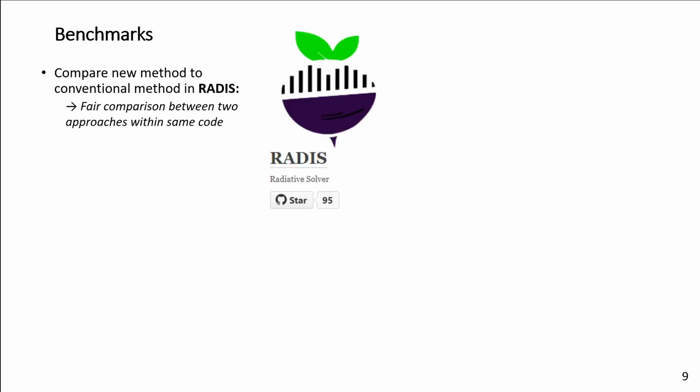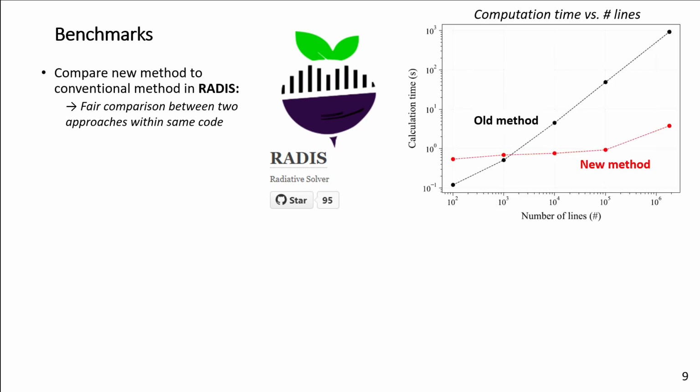Now that we understand the details of the spectral synthesis approach, it's time to compare it to the conventional synthesis method. We chose the open source code RADIS as the basis of our benchmarks because it already implements a number of optimizations. We implemented the new method in RADIS and compared it with RADIS's old synthesis method. The graph on the right shows the computation time for a CO2 absorption spectrum with varying number of spectral lines included. The computation time with the old method increases pretty much linearly with the number of included lines, as was